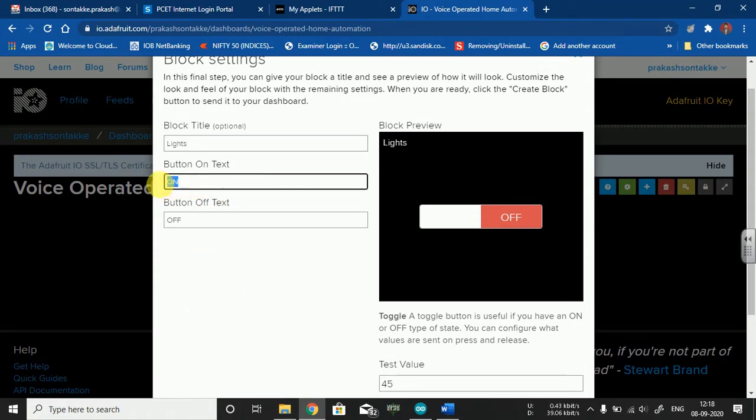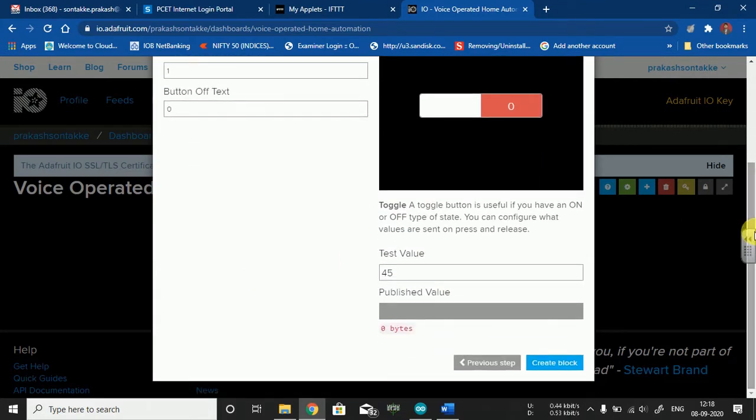Instead of providing the nomenclature on and off, I'll follow 1 to turn the lights on, and 0 to turn the lights off. It will be reflected here as 1 and 0, and now you can click on create block.